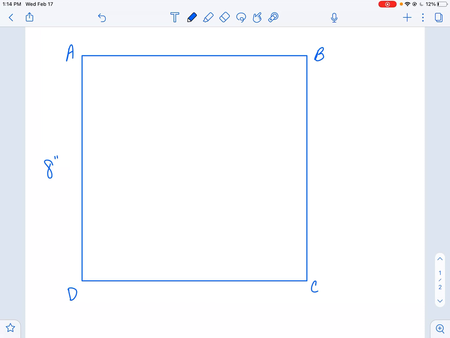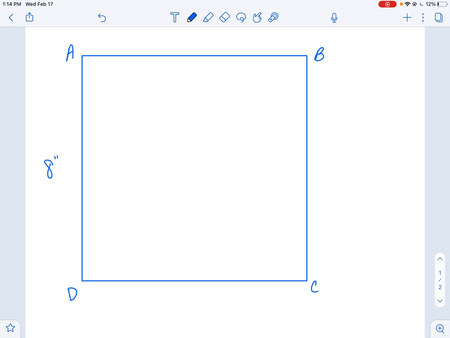Hey, good afternoon. Today we're going to work on constructing a tangram. A tangram is a geometric puzzle of sorts that a lot of people think originated in China. So that's potentially its origins. It's a really fun puzzle to create, and it's going to be the basis of a lot of the puzzles that